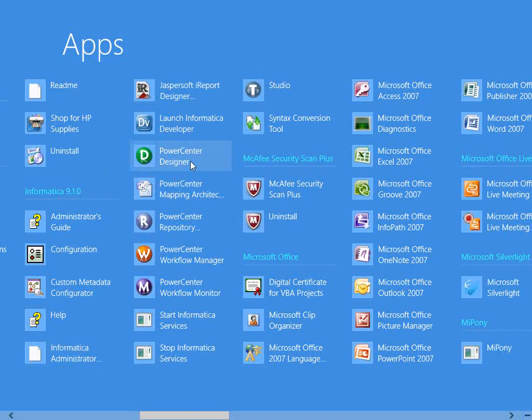One is Designer, Power Center Designer, because I listed these names there, and Power Center Repository Manager, the second one we listed, and Workflow Manager and Workflow Monitor, then finally the Administration Console. So these are the only components we will be working with.